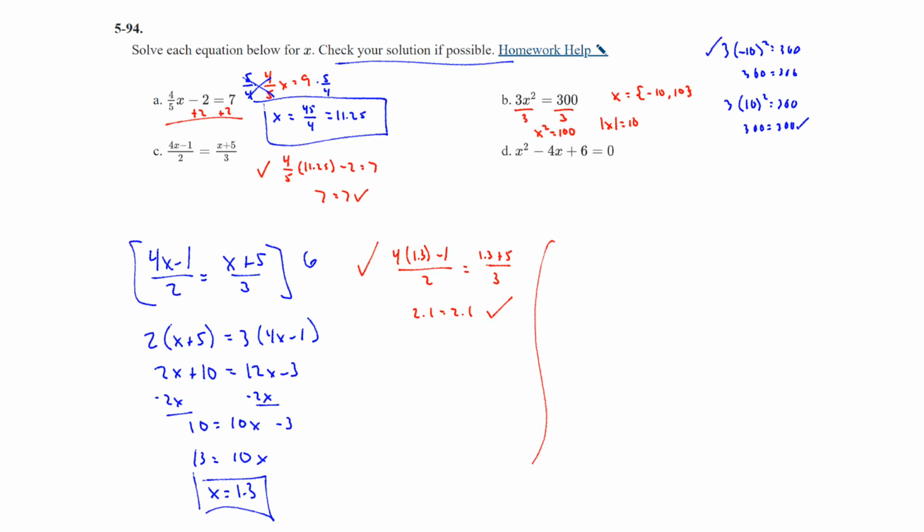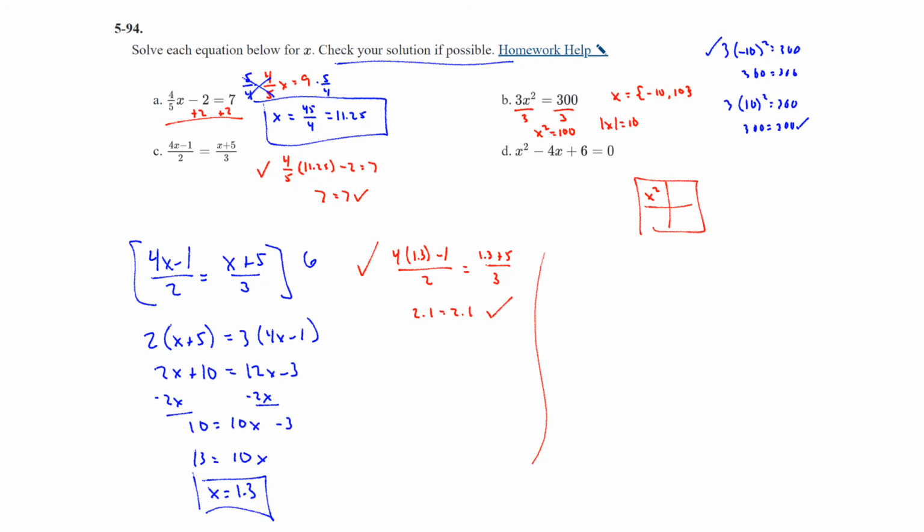You could use the quadratic formula. Completing the square would also be a possibility here, and potentially factoring as well. It does appear that factoring will not work on this example, so we're going to have to choose one of our other methods. Maybe this is a good time to show completing the square as a review, so I'll do that instead of the quadratic formula. So when we complete the square, remember we are trying to figure out